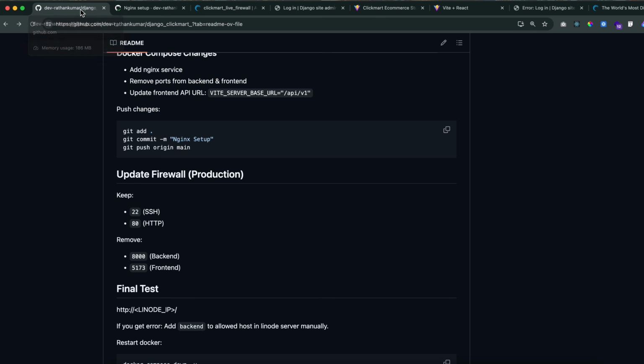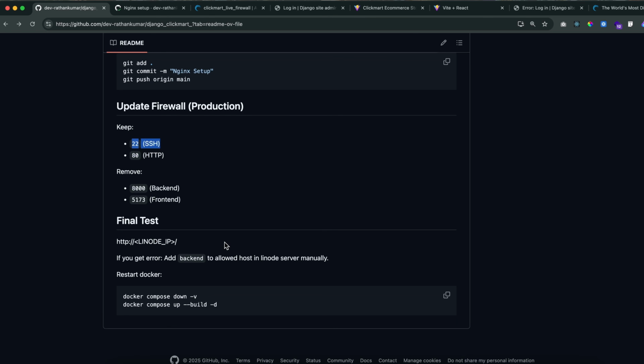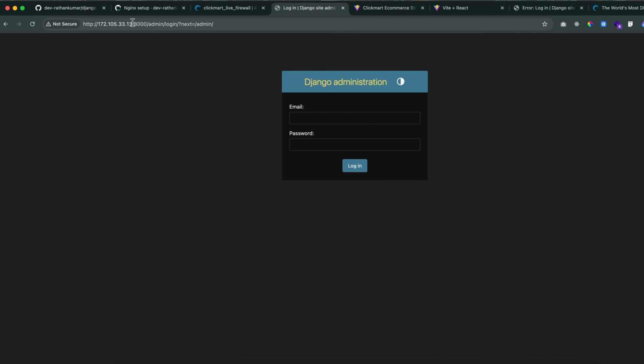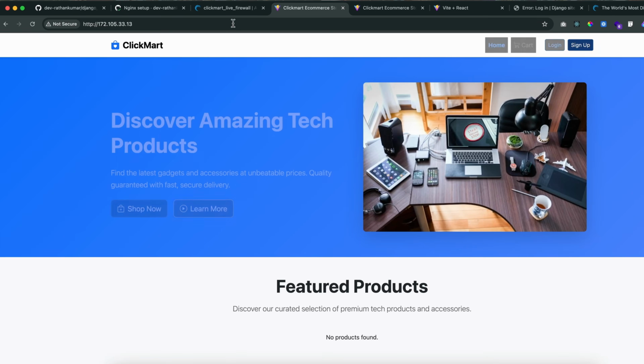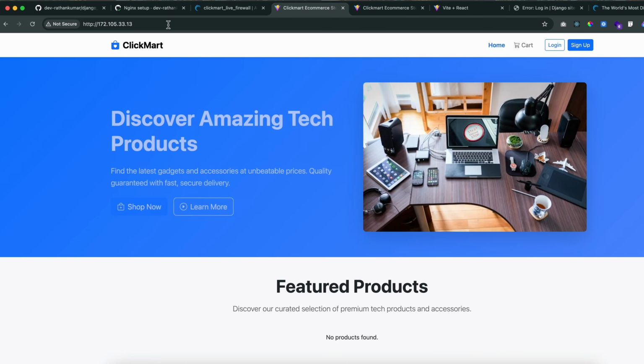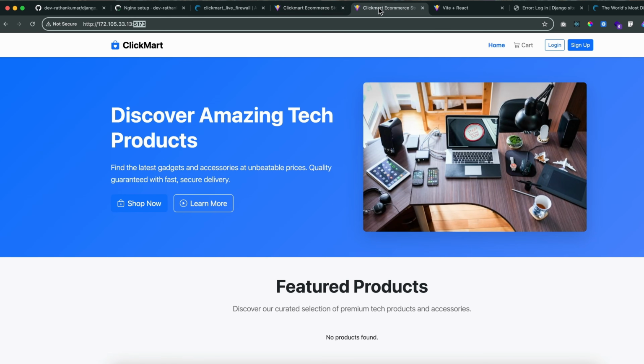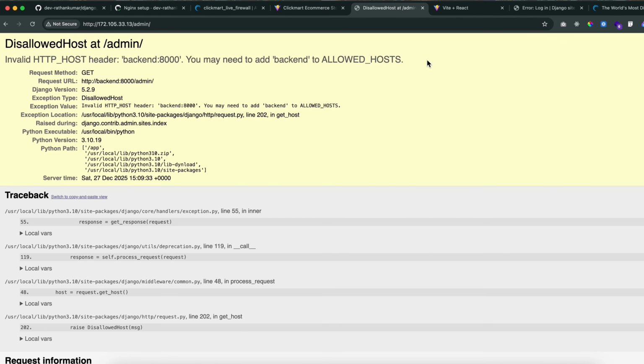All right, next, these two things are removed and 80 is added, 22 is there. Okay, now let's try to go to the IP address without any port. Okay, you can see it's working without the port, right? So if you just go to admin, I mean this admin, okay,